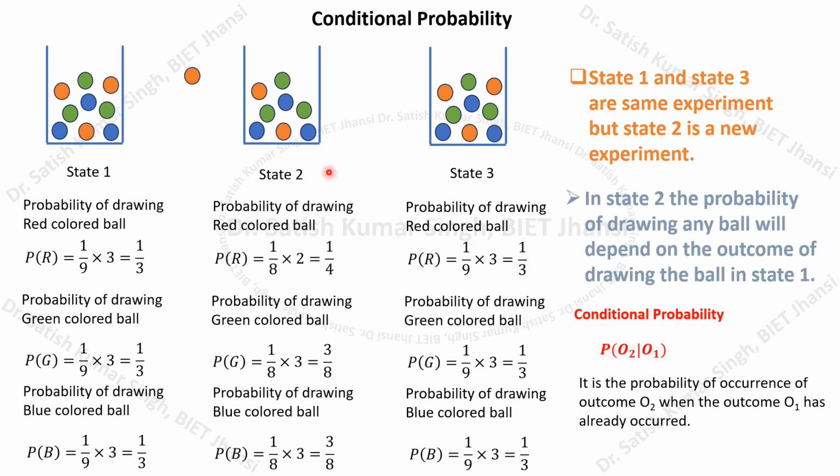So we can have a certain system in which, if we conduct any experiment in succession, and if the experiment conducted in the first step is not replaced, then obviously in the next step, the probability of getting any particular outcome will be impacted by the outcome in the previous state. So this type of probability is known as your conditional probability, right? This is your conditional probability.